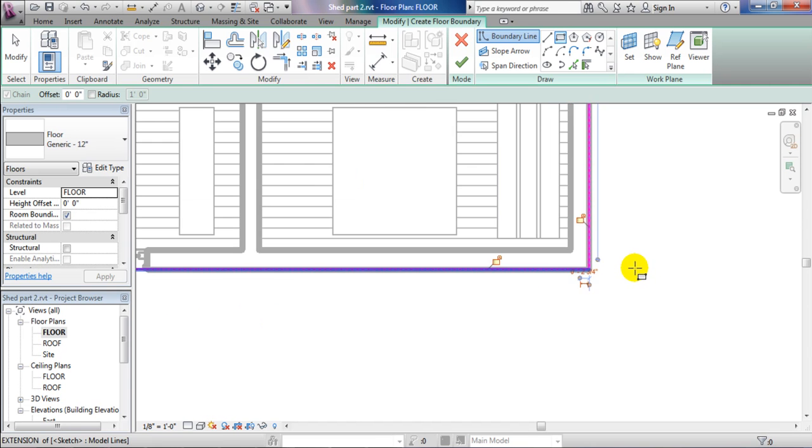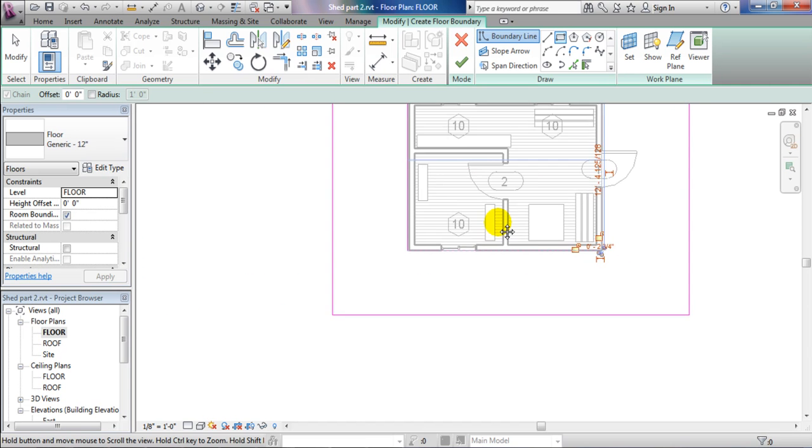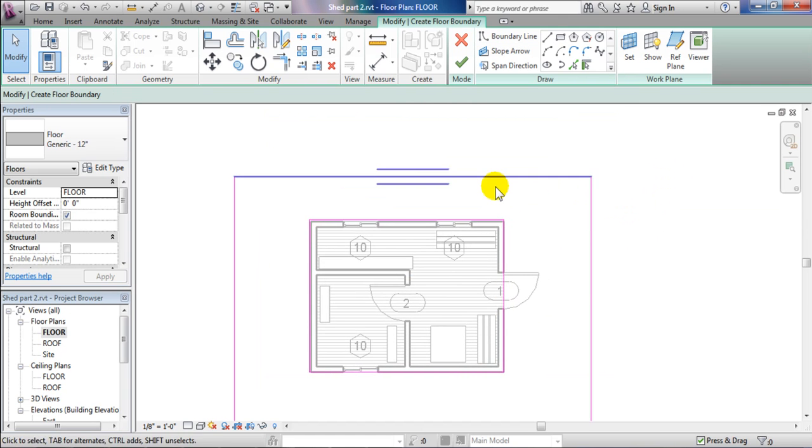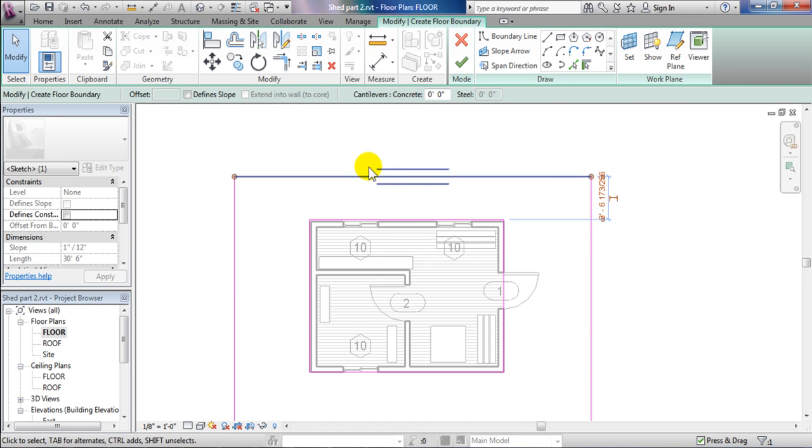That way we're going to have a hole in our floor right there because we've already got one floor. We're just making an outer floor. Okay, I'm going to hit escape and escape until I get back to my regular mouse cursor. I'm going to click on this top wall or top line of our floor here, and right here I've got how many feet away it is from this edge, and I'm just going to make it 10 feet in all directions. So I'll type 10 here, enter,